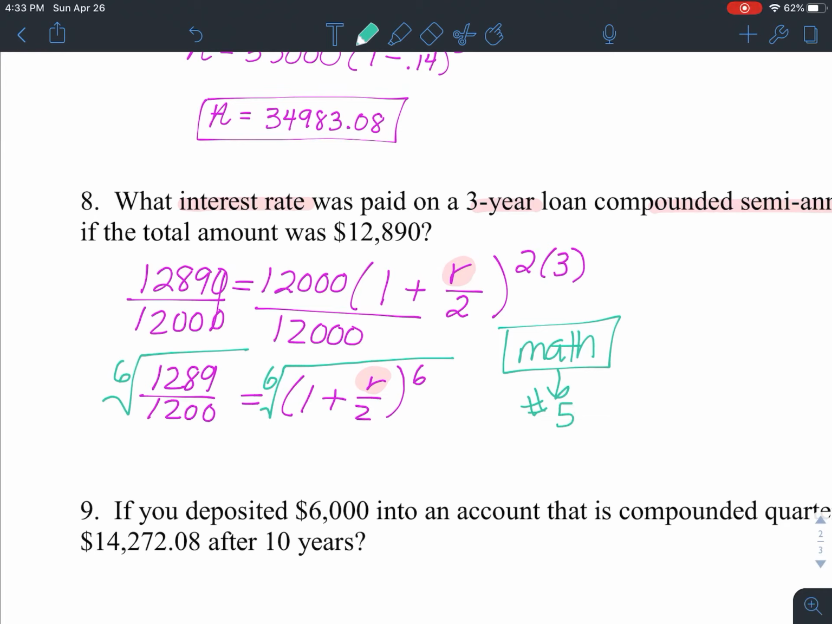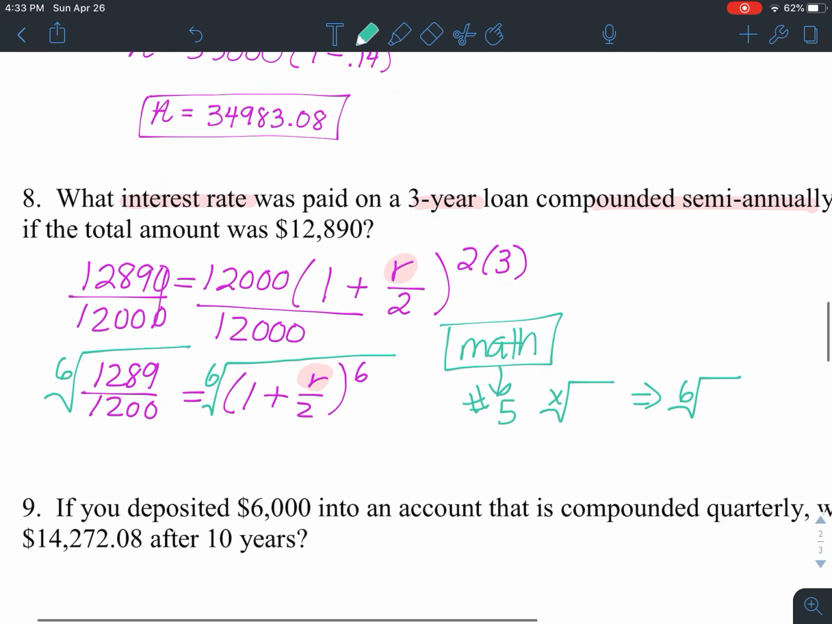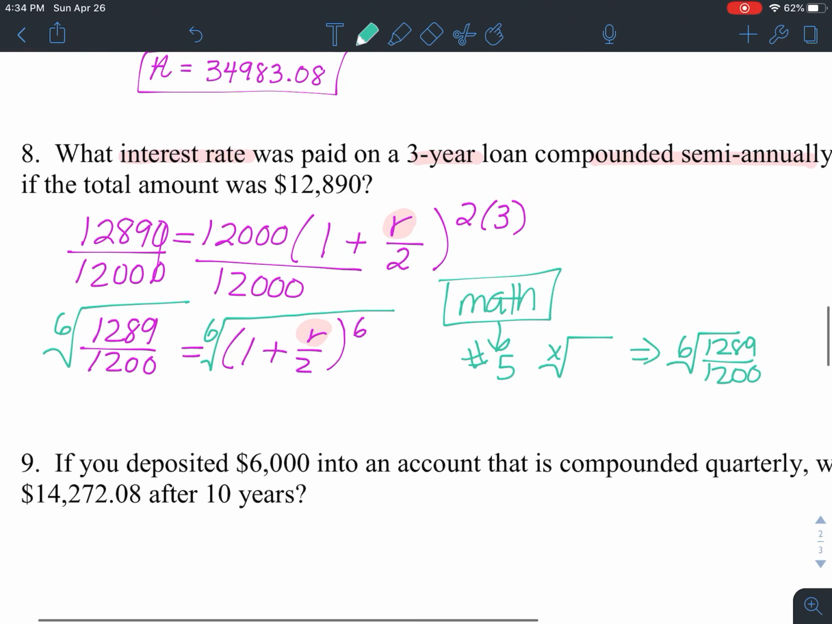The number 5 has a button with an X like this. Okay, now it will be that you type in a 6, so you can change it to the 6th root of now that 1289 over 1200. So yes, you will get a decimal, and a pretty ugly decimal. So 1289 divided by 1200, and I get a very ugly decimal of like